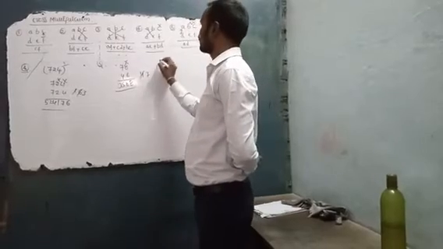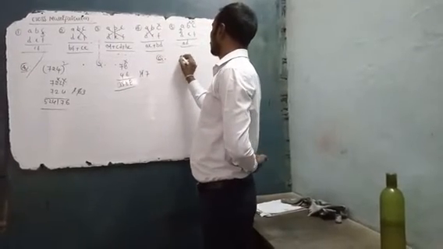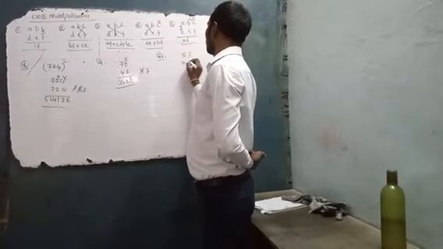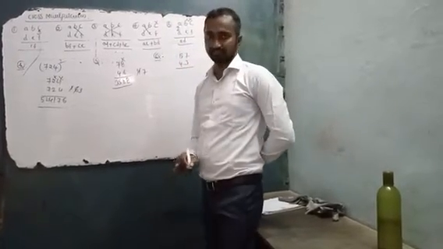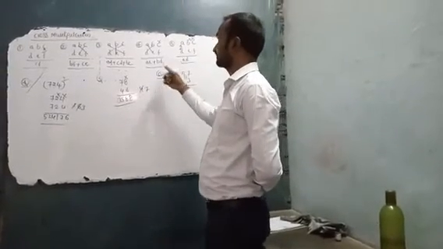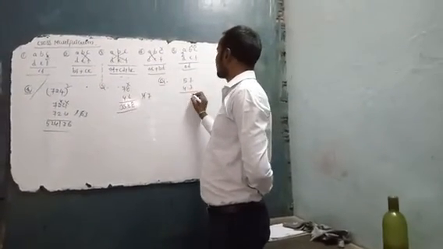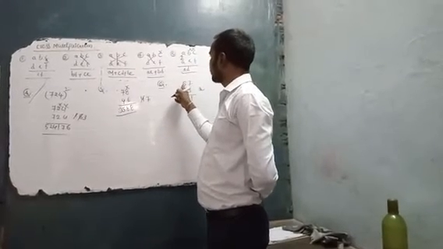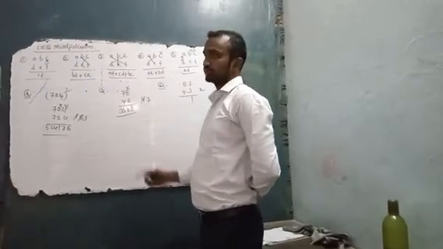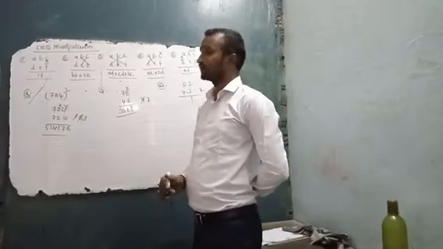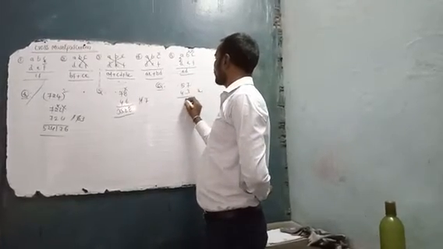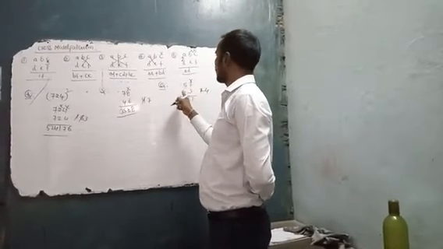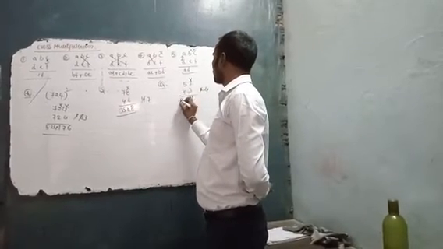We will see one more problem. Suppose the question given to you is 57 into 43. We will see the same. Repeat the same steps here also. 3 7s are 21. Carry is 2. Second step: 3 5s are 15, 7 4s are 28. 28 plus 15, 43. 43 plus 2, 45. Now carry is 4. Now eliminate one column. Now the last one, 5 4s are 20 plus 4, 24.